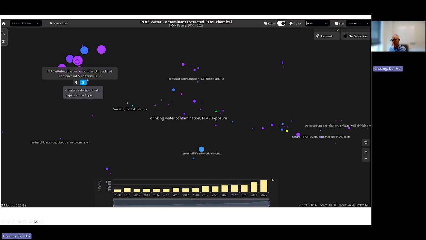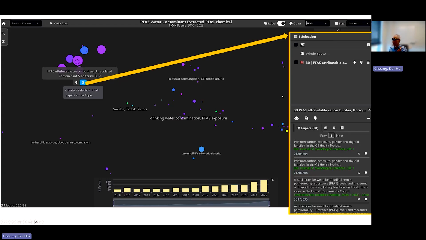Yeah, so basically I selected this cancer. When I zoom in on this drinking water contamination, I can see all the nearby clusters. So this is the zoomed-in view. And then I select one of the nearby clusters, which is the PFAS attributed cancer burden cluster. So once I selected that, there are 30 articles in this collection, because I think our developer just updated the server for some reason that gives some error. I apologize for that. But this is the true number, 30 instead of over 250.